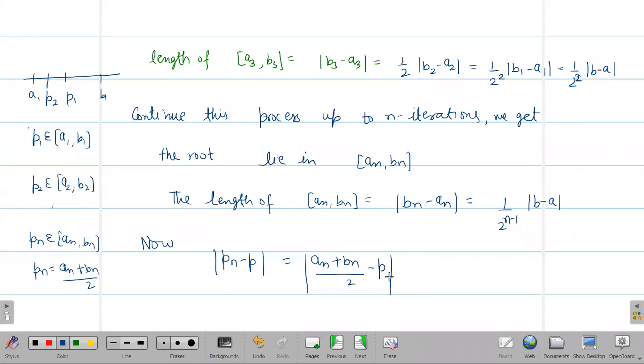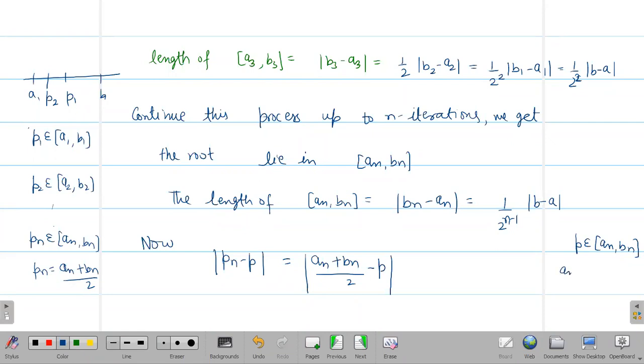So now we have to write it less than or equal to something. So what should I write here? Because p is our exact value, and obviously we have taken that interval in which our root lies. It means that at last also, [an, bn] is that interval in which our exact root lies. So p also belongs to [an, bn].